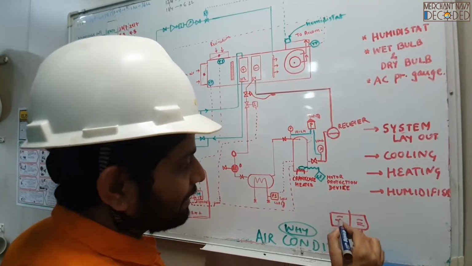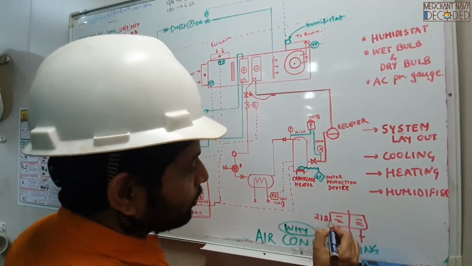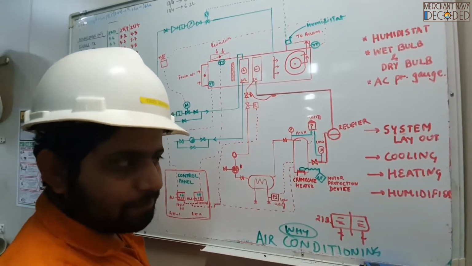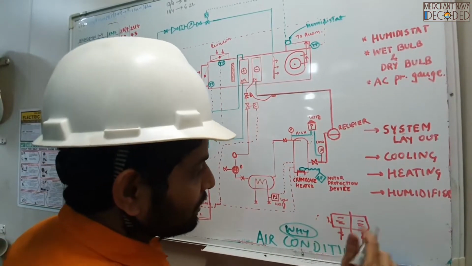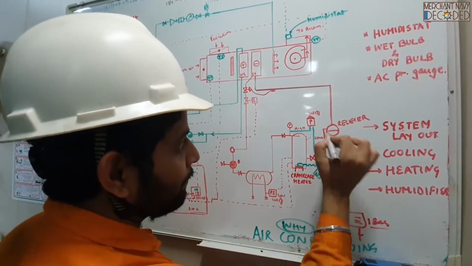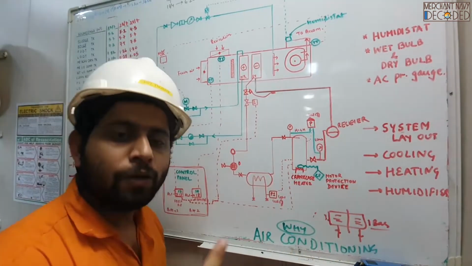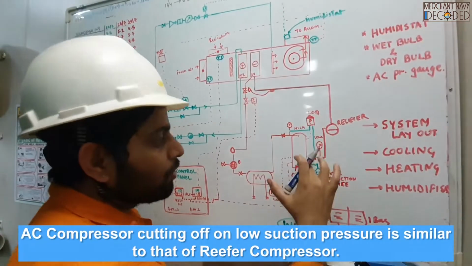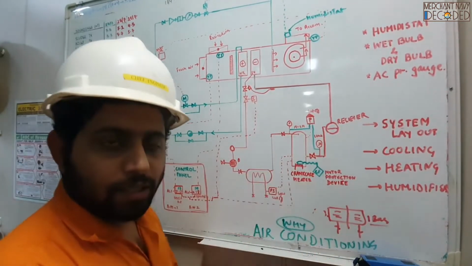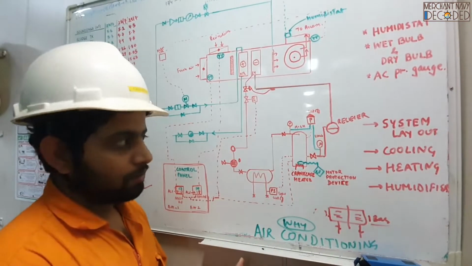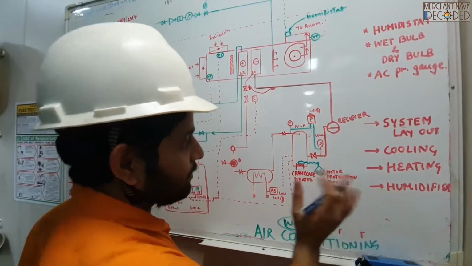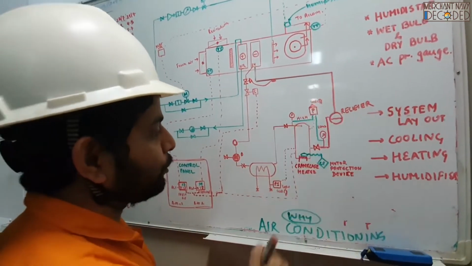Say the discharge setting is given at 21 bar. So when the discharge pressure reaches 21 bar, it gives an alarm and shuts off the compressor. When the suction pressure comes to, say, 1 bar, if suction pressure becomes 1 bar over here, it will cut off the compressor, but it will not give an alarm. Because low suction pressure cut in and cut off becomes important as per the load, when it is very hot and when it is very cold, depending on that. So at compressor cut in and cut off time, this becomes very important. This is a pressure switch I am going to show you.